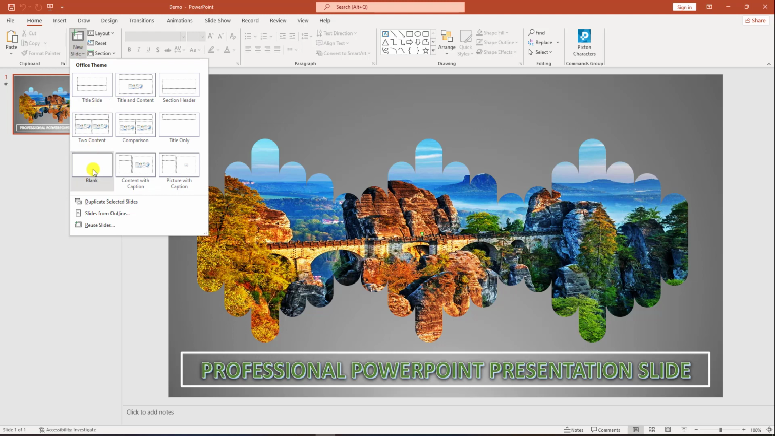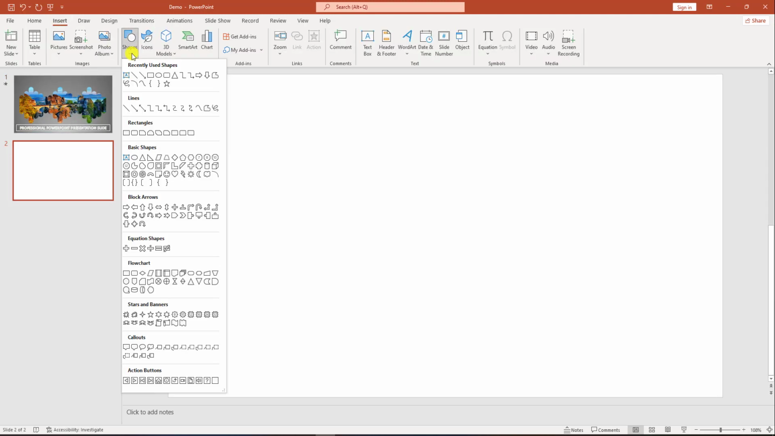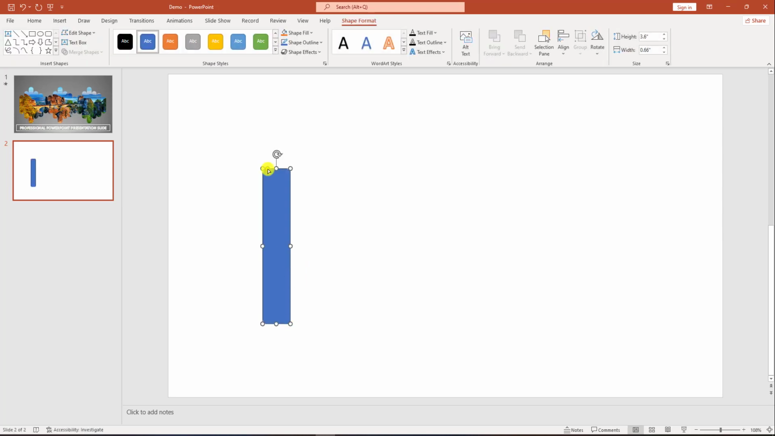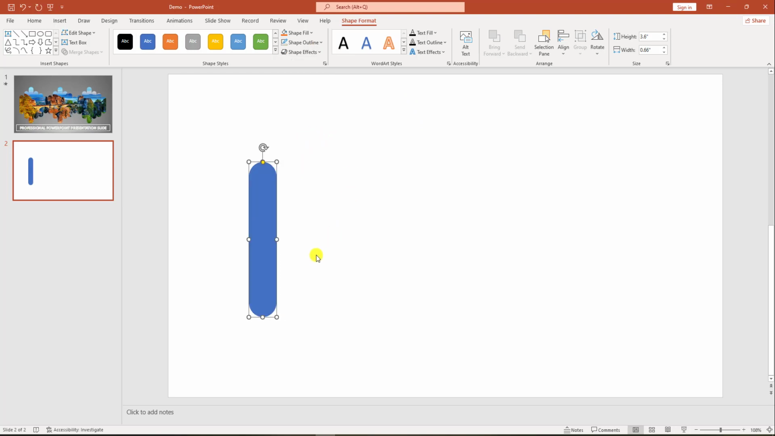Let me insert a blank slide. Go to Insert, go to Shape, pick a rounded corner rectangle shape from here and drag it over here like this. And from here make it more sharper and keep this here. And click on this slide, go to Shape Outline, make it no outline and press Ctrl D to duplicate and